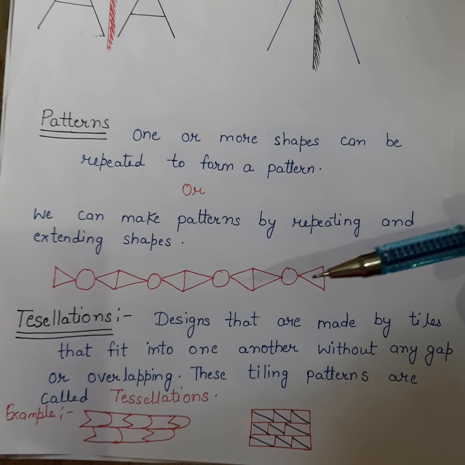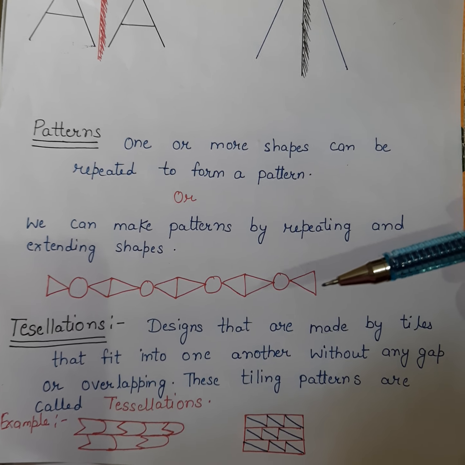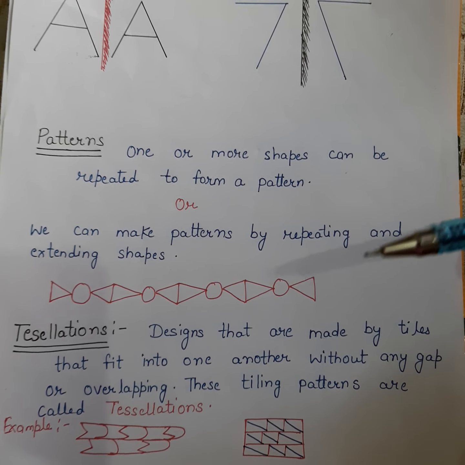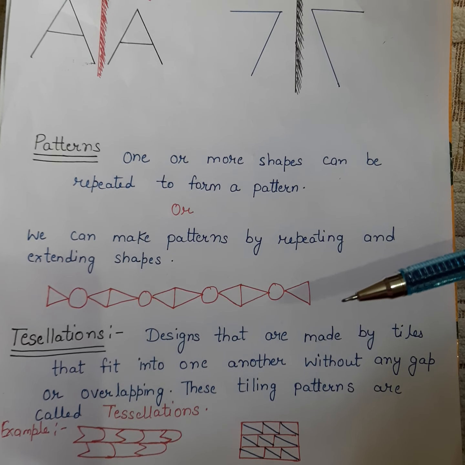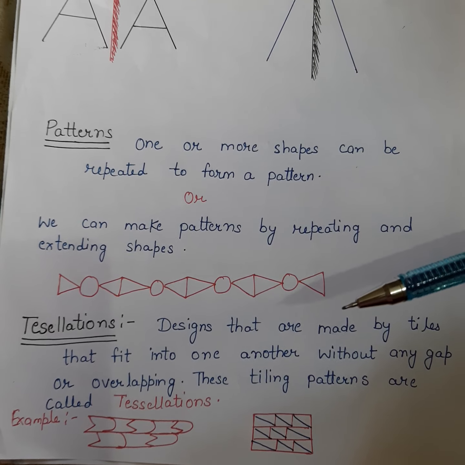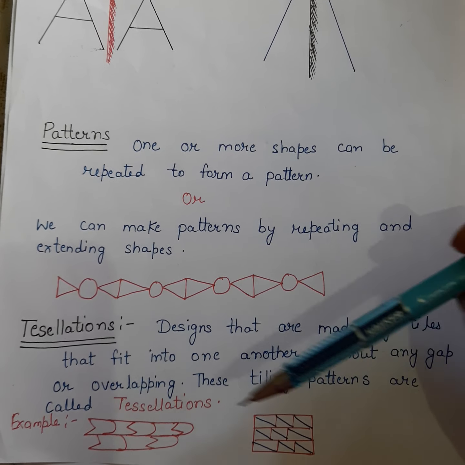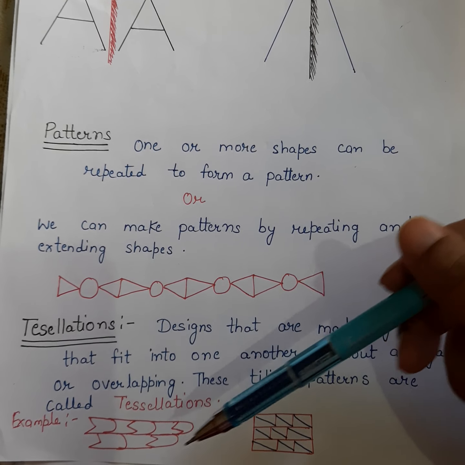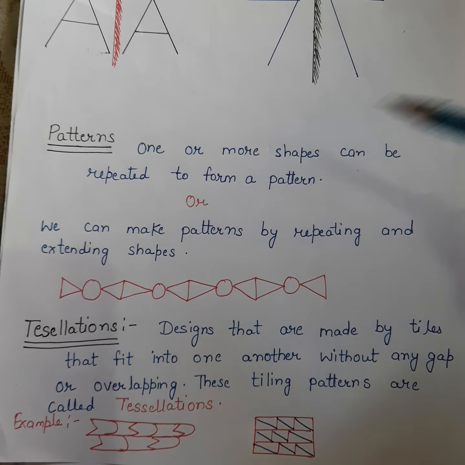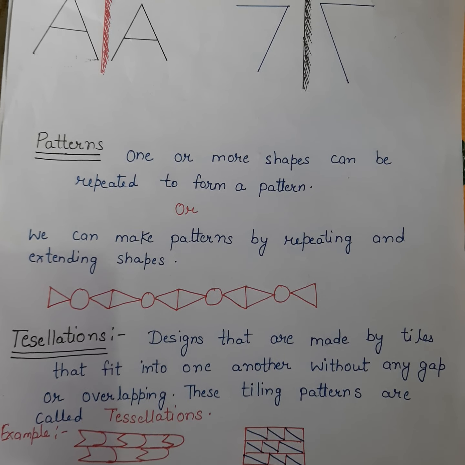You can see the tiles when we are pasting them on the walls, they cannot overlap, okay, and we are pasting them at the side of the one tile. So we are not leaving the gap also, if you can see. So this type of designing, of tiling, is known as the tessellation. Here examples are here, you can see we are not giving any space, like this one example and this one example, right? Now we are moving to that exercise.